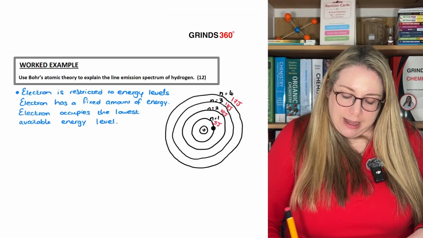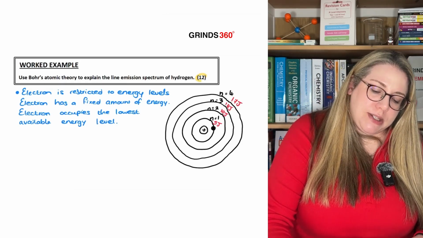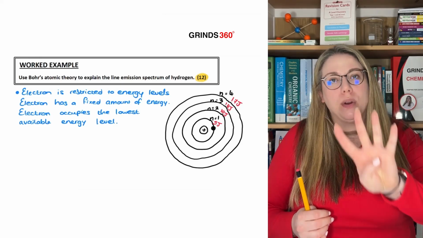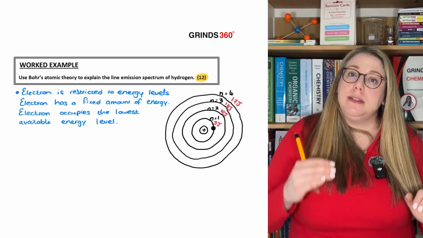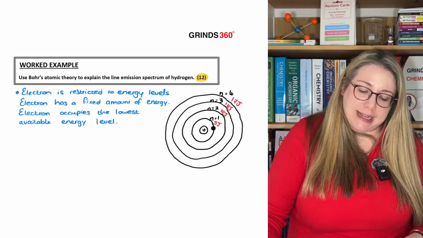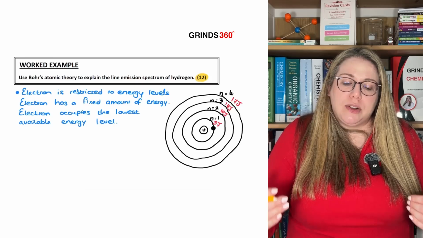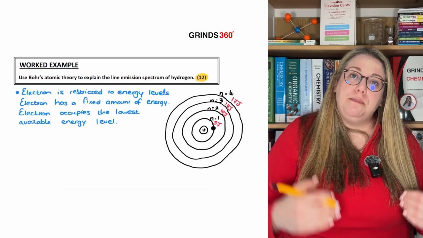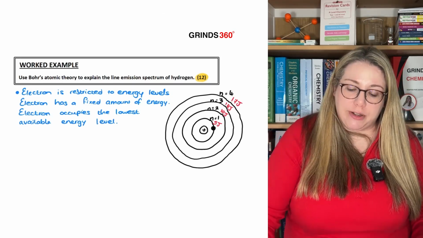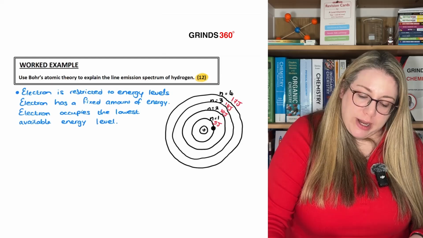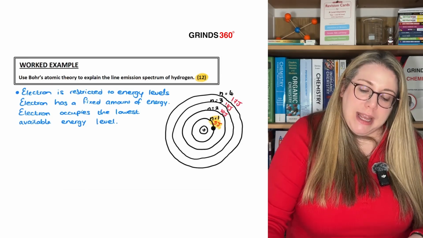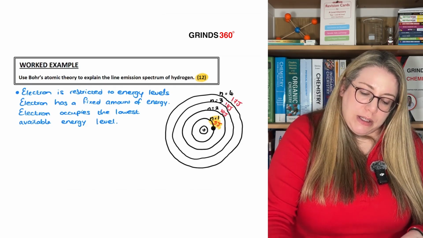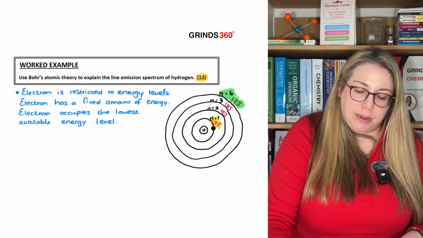Now, how do I know how many marks are on offer here? Because the question has 12 at the end, that is a 12-mark question, which means the examiner is looking for 4 separate bullet points. There's your first one, so that's your first 3 marks. Next, you can make your electron move up in the energy level. So at the minute, it's sitting at n equal to 1, but we want it to move up to a higher energy level. Now, to do that, when your electron is in n equal to 1, it has 5 joules of energy. If I want it to move up to n equal to 4, for example,